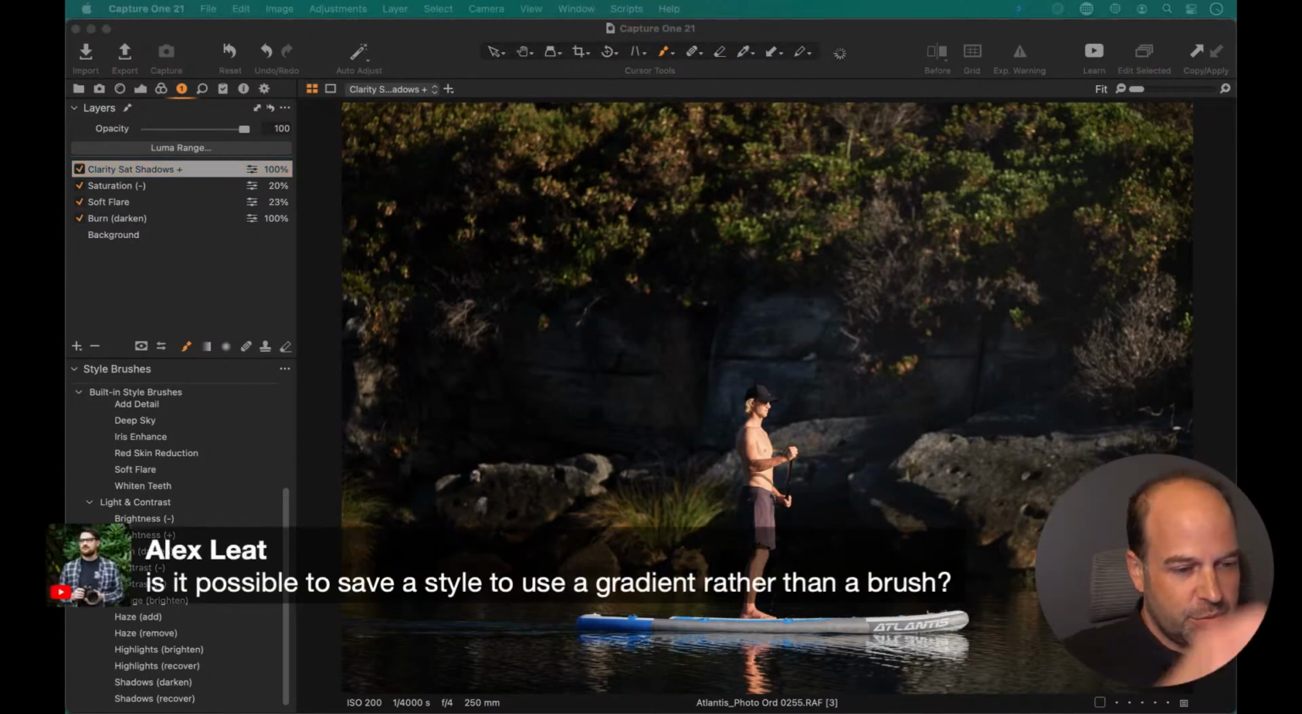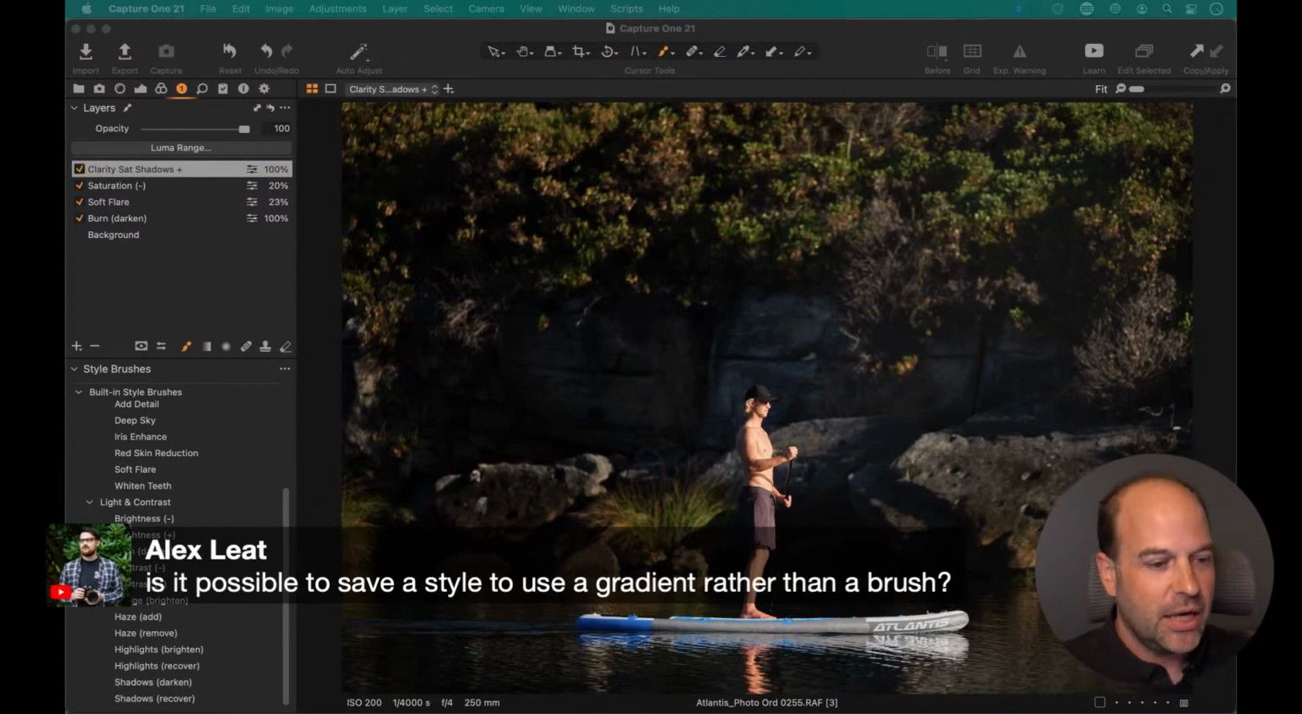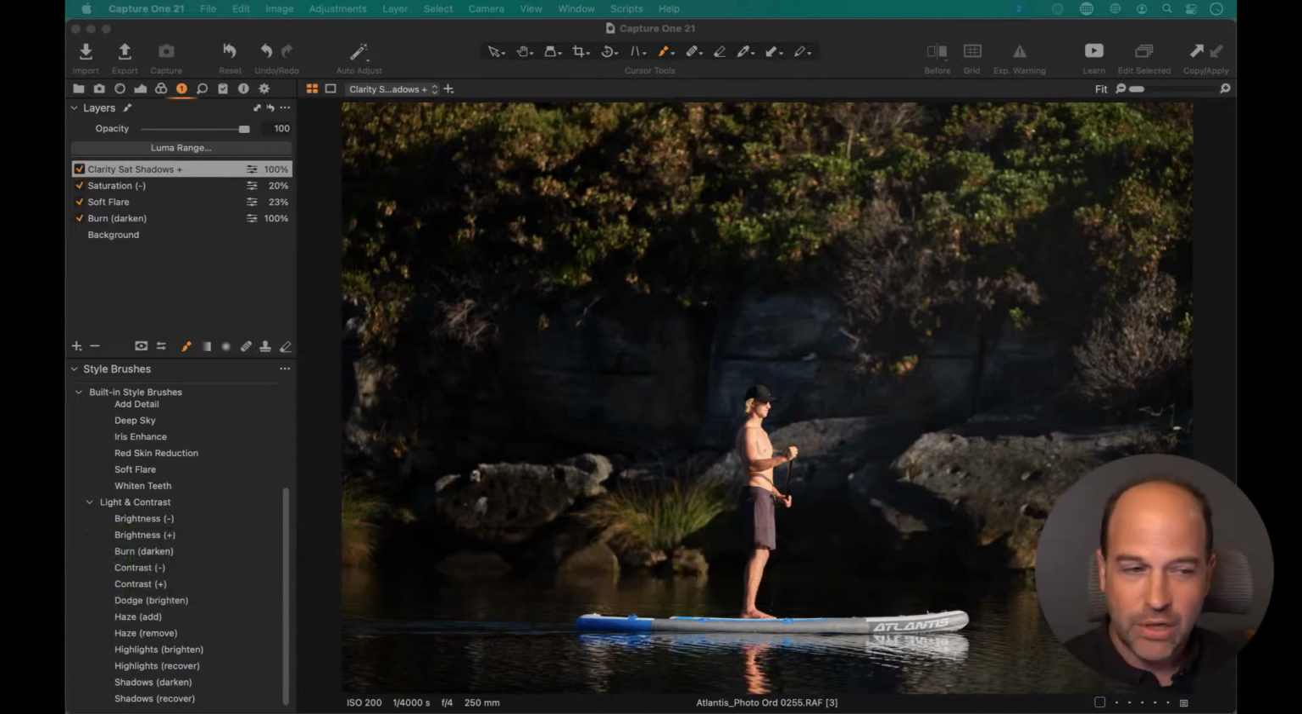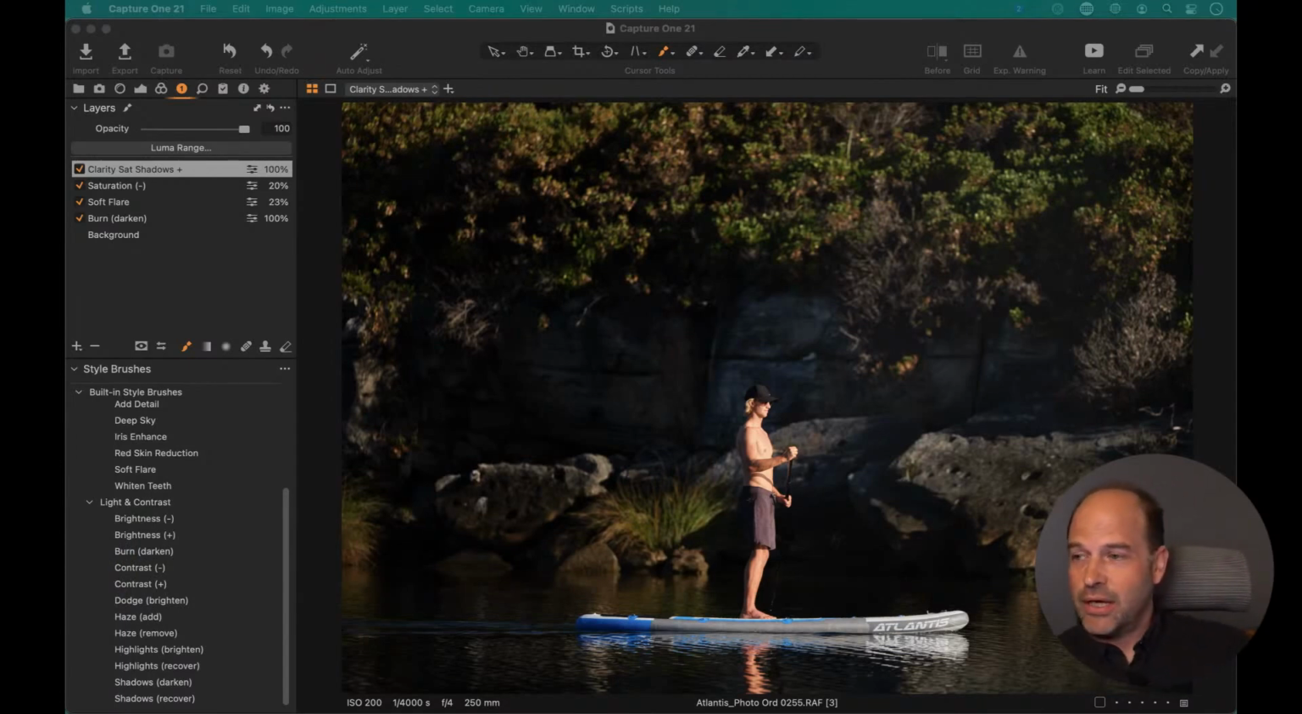Alex says, is it possible to save a style to use as a gradient rather than a brush? I don't think it is, Alex, actually. You know, I haven't tried, but I've got a feeling the answer is no. But that's actually a really good